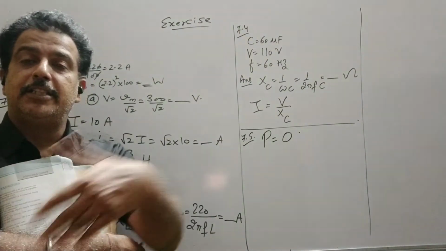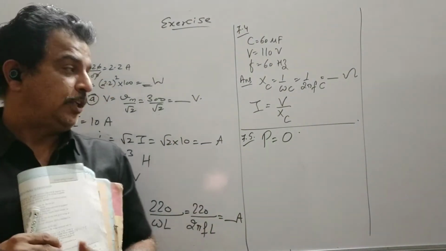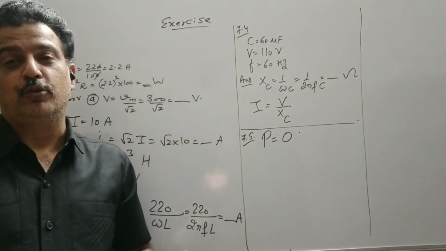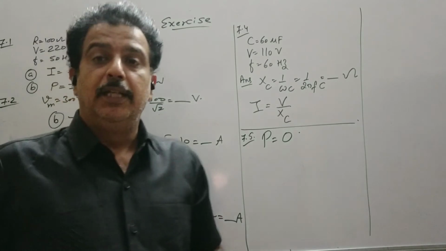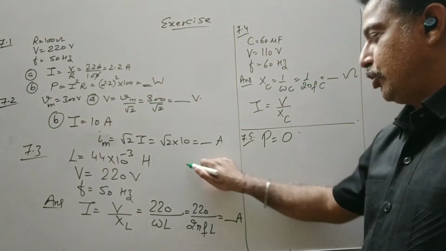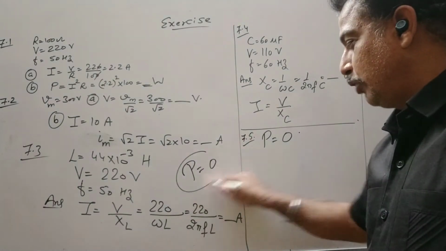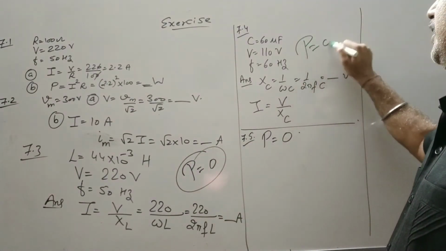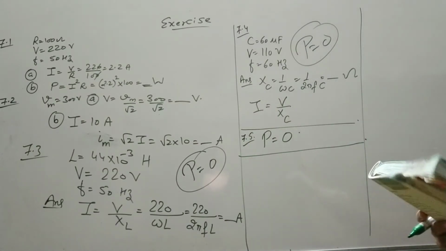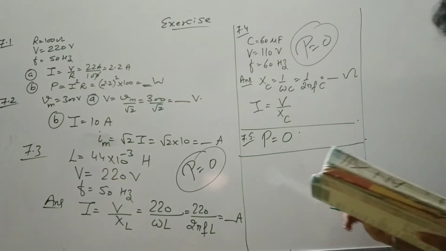We have taken the instantaneous power to be V into I. Then we took the average and we found that the average for cosine or sine comes out to be 0. So the same theory you can write here. So power consumed in this circuit was also equal to 0 and power consumed in this circuit was also equal to 0. So you have to write that theory portion.